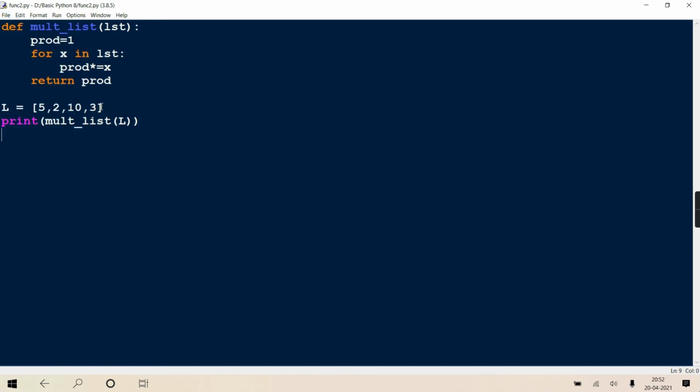Now some may have a doubt. Okay, this L is hard coded, created. You are giving me the hard coded value. If I want to create it at runtime from the user, then how to do it? Don't worry, we will be learning it in chapter 4. Everything is there in the store for you people to learn. I'll show you how to add the values in that list at runtime.